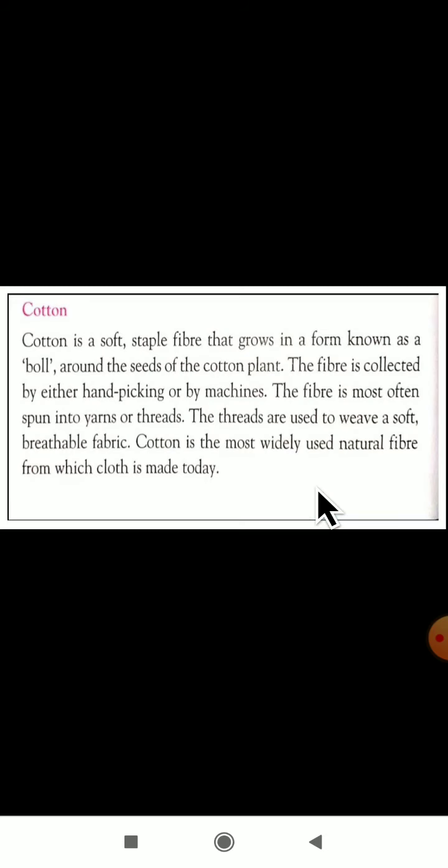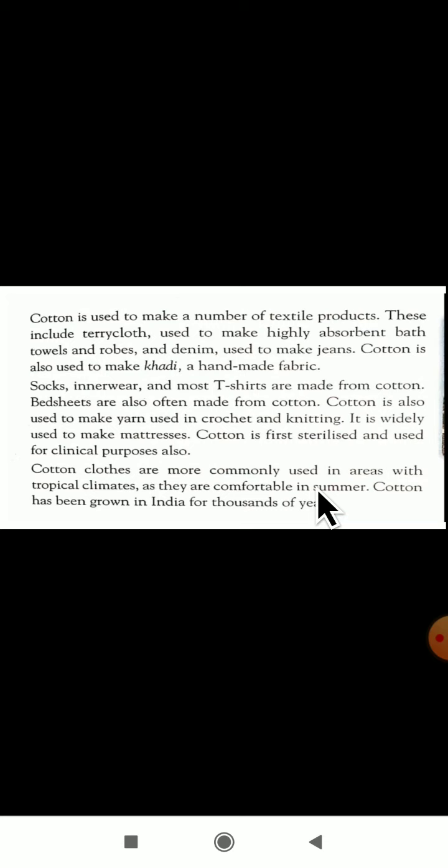So some of the uses of cotton we have also studied here. Can you tell now some of the uses of cotton? Yes, cotton is used in bed sheets. First one, it is used to make a number of textile products, and cotton is used for clinical purposes also. In a general way, you can write the points here. No need to copy from the textbook. In your own sentences also you can tell. Again, cotton is used in socks, innerwear and t-shirts, and cotton is used in jeans also, and even it is used to make khadi and handmade fabric. If they want to make khadi products, then they use cotton, and it is most suitable in